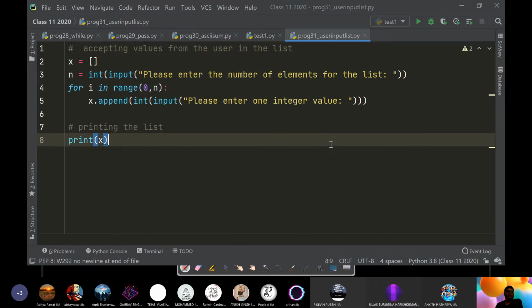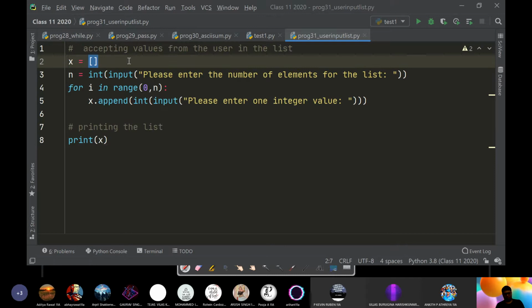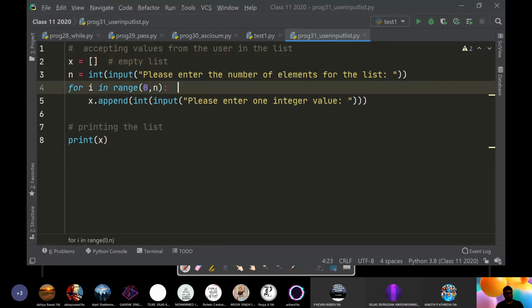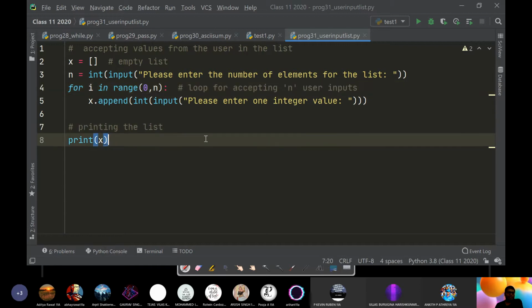Okay. Let's execute this program. See, I have created one empty list. This is your loop for accepting n user inputs. Okay. Now let us execute.